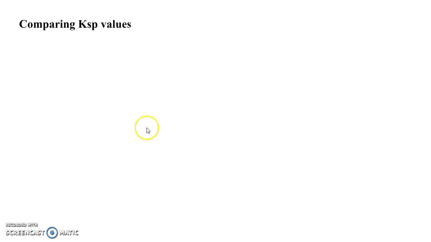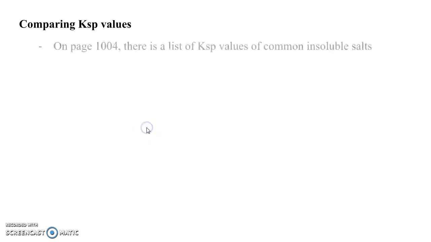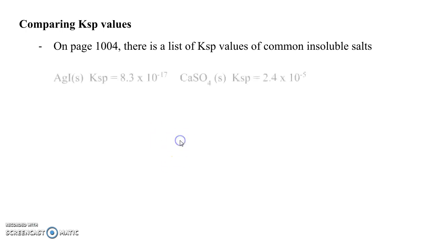So one last thing I want to conquer here, and then I'll be done, is the Ksp values. So in your book on page 1004, there's a list of Ksp values, and you could type into Google and find Ksp tables for some common salts. So I want to talk about these two examples of silver iodide and calcium sulfate. And these numbers are in the table. And as you could see, the silver iodide is very small, compared to the calcium sulfate, which is 10 to the